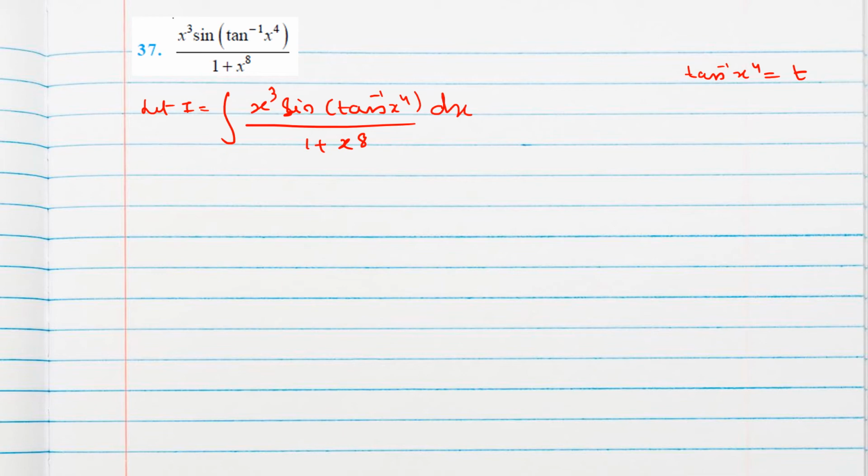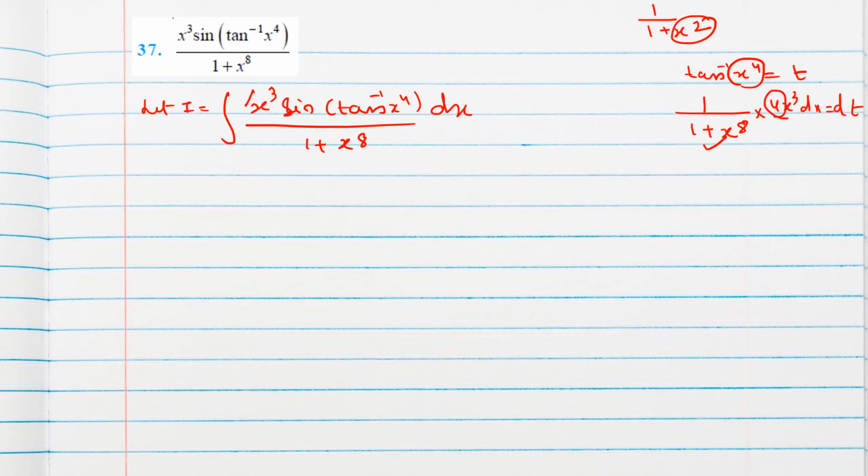So see, tan inverse x derivative is 1 by 1 plus x square. The angle is square. Here angle is x power 4. So 1 by 1 plus x power 4 square, that is x power 8. And since it is composite, derivative of x power 4 is 4x cube, dx as dt. So see, we got x cube here, 1 plus x power 8 here, 4 we should take the other side.